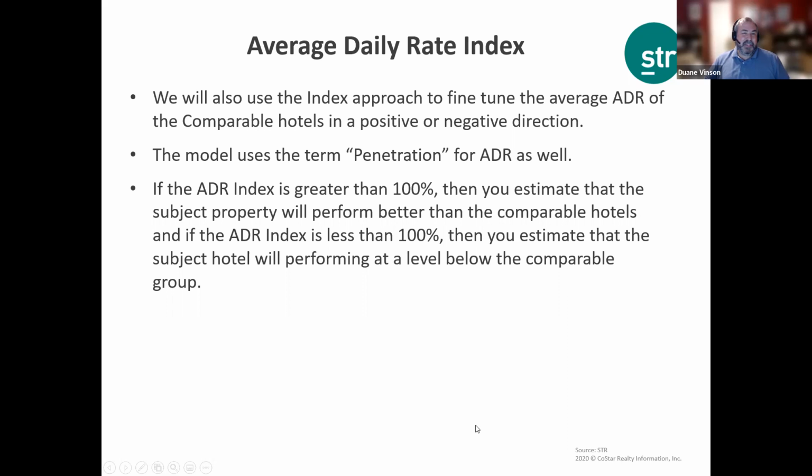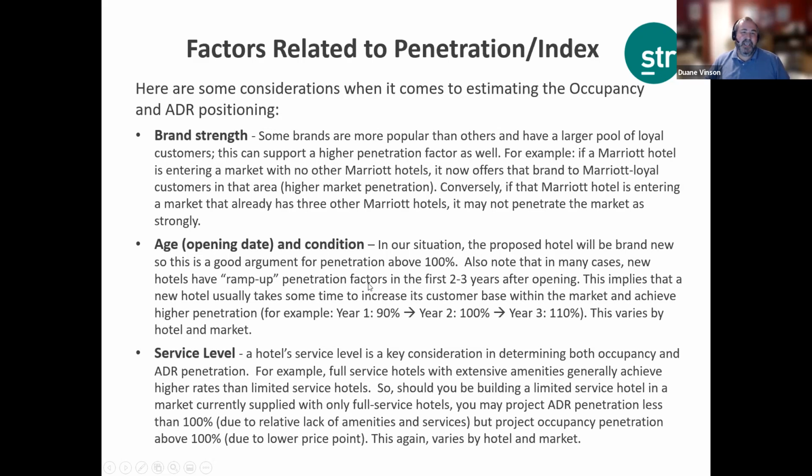For ADR, I typically don't think it's penetration when you think about ADR, but that is what they use in the model, okay? But we get the idea here, right? If the ADR index is greater than 100, again, higher ADR than on average our comp set, below, less than 100. Other things that we need to take into consideration in this approach, things like brand strength, the age and